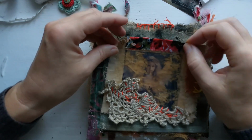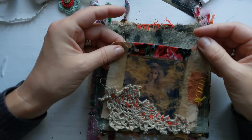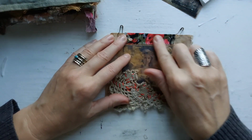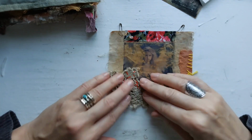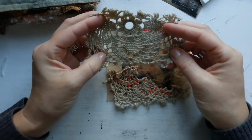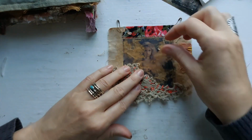I thought I can use these bulb pins and pin it, right? And I actually, as well, glued on top, stitched a little bit here, and I started to stitch this down. This was some time back, crocheted something, I don't even know what. I had that for a very long time,